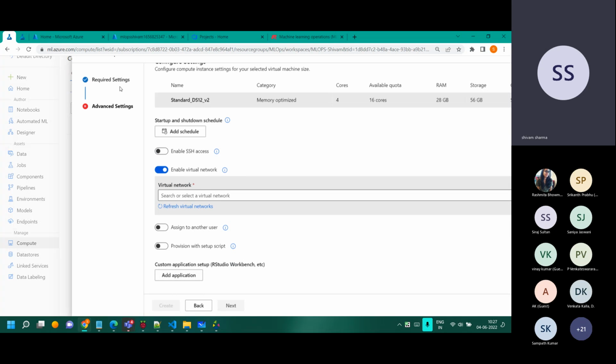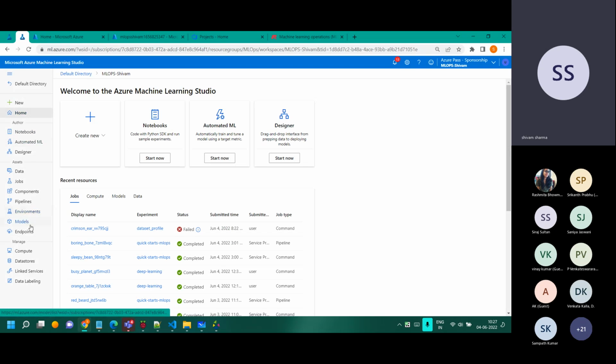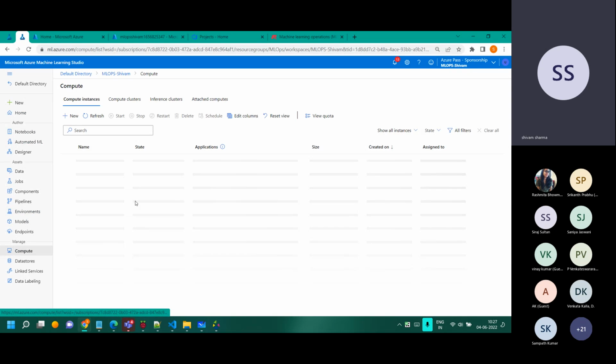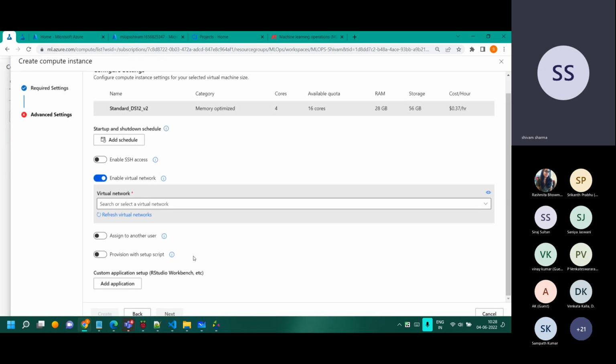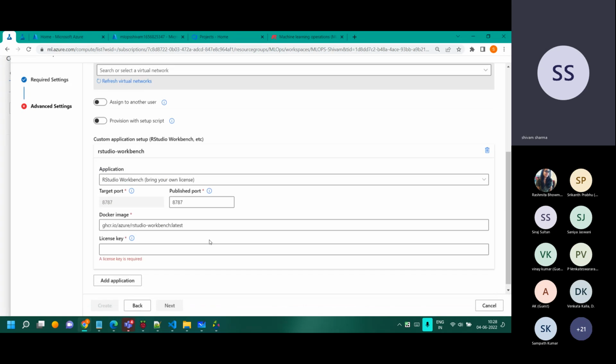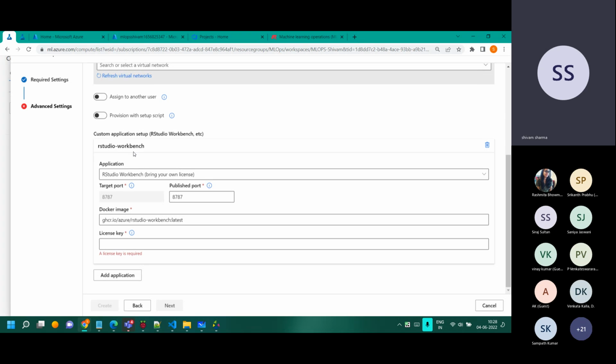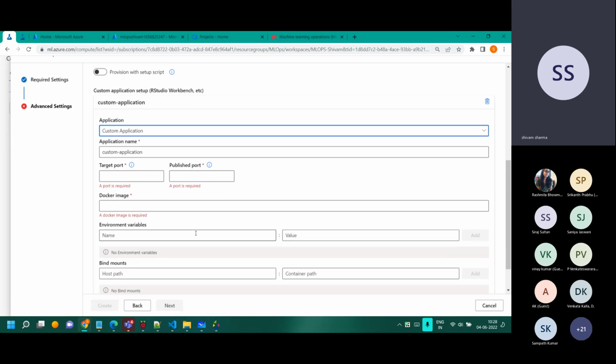If I just go back one page over here, by default it will have these things installed. If the page loads, you see Jupyter Lab, Jupyter notebooks, VS Code, RStudio, Terminal. But in case they require something custom, we can totally provide it to them, and there is no need to install it separately. We can upload it, we can set the prerequisite, we can set the configuration, so everything will be installed over there. You can have the RStudio Workbench installed, and any further custom things, for example a custom application, can be installed as part of the configuration.